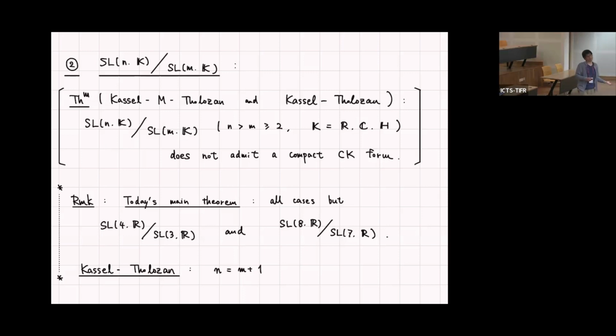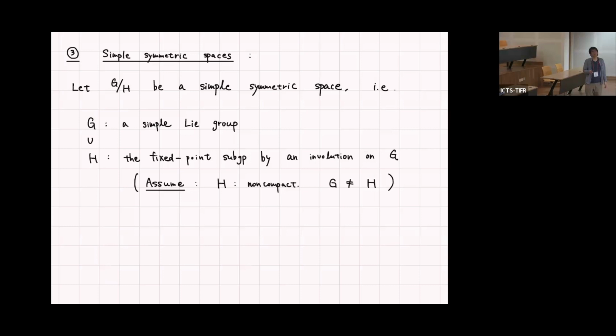And that's a problem, in fact, so that we cannot apply our method to these two special cases. But fortunately, very recently, another method by Cassin and Tolozan solves all the cases where n equals n plus 1, including the case of these two. So we have two complementary new results so that we can now solve this. Okay, and let me mention another example, which